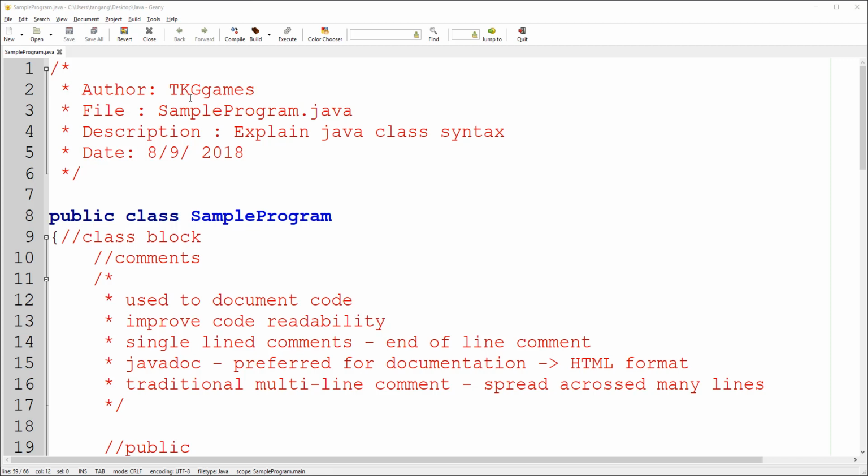sampleprogram.java. And remember that the sampleprogram.java file has to match the actual class definition for this program. So the file name and the class name have to be the same, all right? Or else you're going to have a problem when you are compiling your program. So the description for this program is to explain the Java class syntax, and then we have the date. Well, this was the date when I actually created this tutorial, but I didn't do the tutorial on that date,